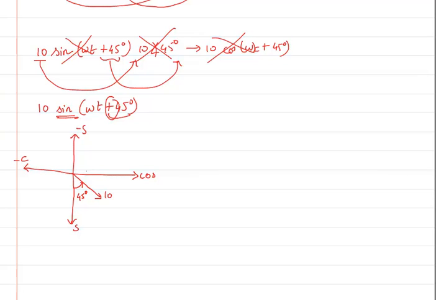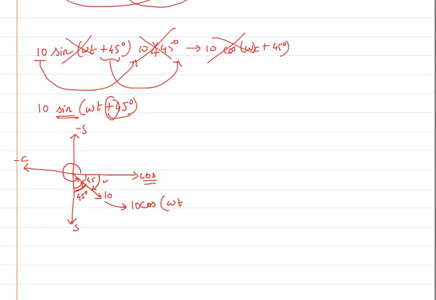But we are always interested with respect to cos. So with respect to cos, I can either go in this direction up till here, or I can go in this direction. Now this one will be correct. So if this angle is 45, then the remaining angle will be again 45. So I can write this as 10 times, now instead of sine, I will write cos. Cos omega t, no change there.